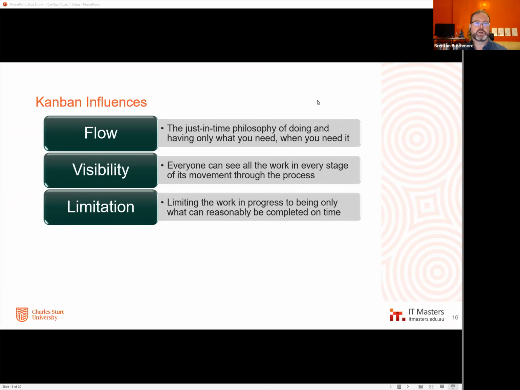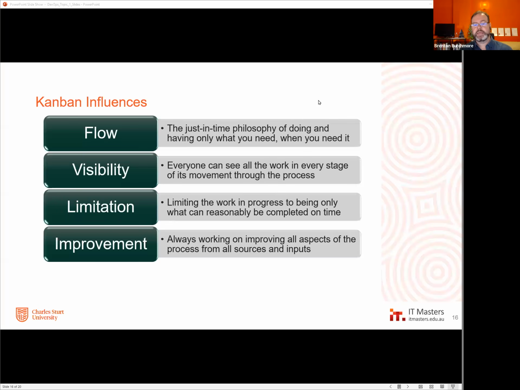You're just limiting the work in progress. You're not saying, I'm going to work on these 6 different things, and I'm going to work on a little bit of this and a little bit of that and a little bit of that. I'm going to be terribly inefficient, but I have to, because I have to show the boss that I'm making progress on everything. That's not what DevOps is asking us to try and do. That's not what Kanban asks us to do. It says, you look at this bit of work, one little bit of work that you're looking at, and that's what you're working on at that time. What can reasonably be completed on time, allowing you to focus, allowing everyone to focus. And you saw it was coming because it's been moving its way along the workflow.